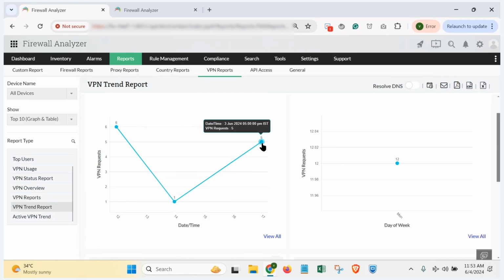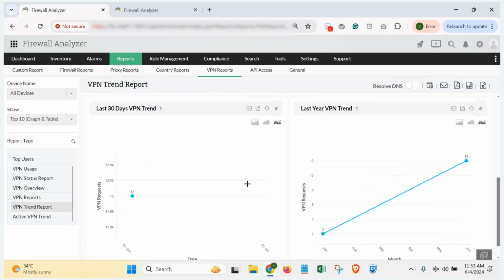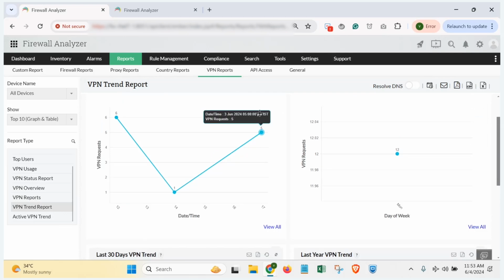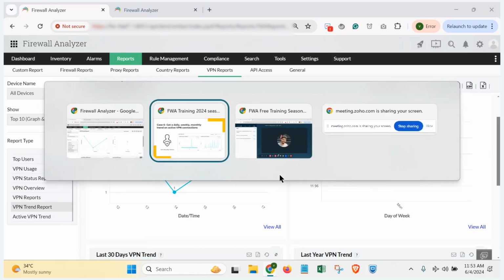So when you do not understand this trend and you have only planned for a lesser VPN connection capacity, the people who are logging in and giving you a spike in your data trend will have a problem connecting to your network. I'm going to move ahead. Right. So going to the next